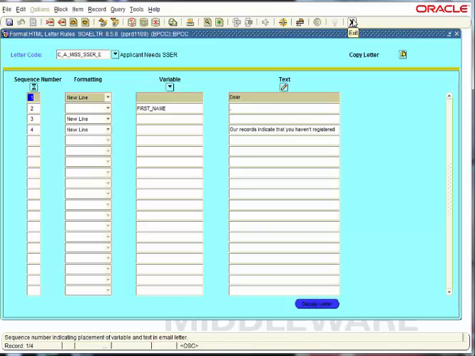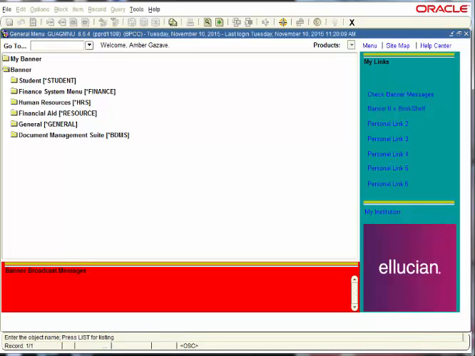The only reason I would modify a letter once it's created is if I send it out and I'm getting a lot of phone calls, meaning the applicants don't truly understand what I'm asking them to do. So I'm going to listen to the questions they're asking me, and then I may go in and modify my letter at that time. But once your letter is created, you would then just run 3 processes: one to pull your population, one to insert the letter code on some map, and then a third one to actually send out those